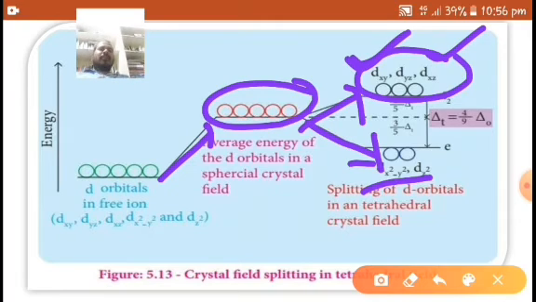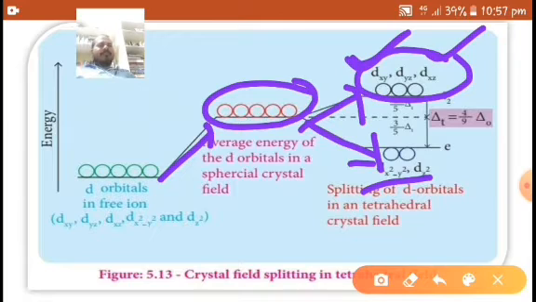If you observe here, it is absolutely reverse to the octahedral complexes. Whereas in octahedral complexes, the ligands approach the metal ion through the axis, so the Eg orbitals' energy will be increased. Here, in the case of tetrahedral complexes, the ligands lie between the axis, so the energy of T2g orbitals will be increased because the orbitals of T2g lie between the axis.